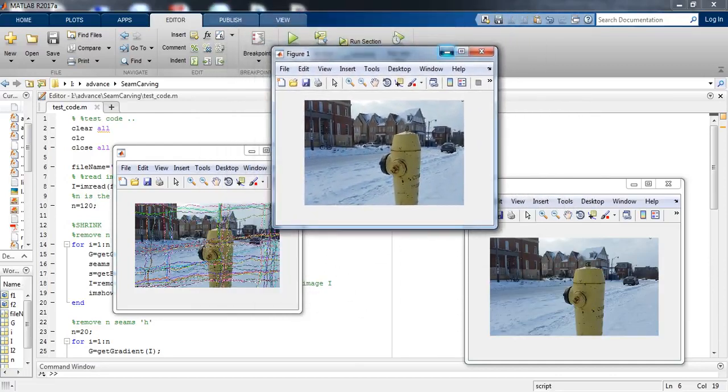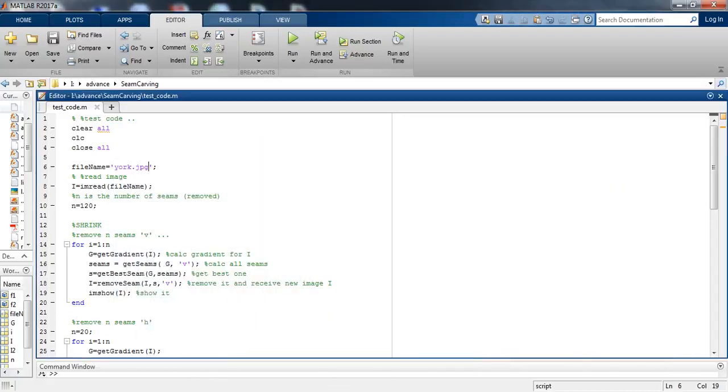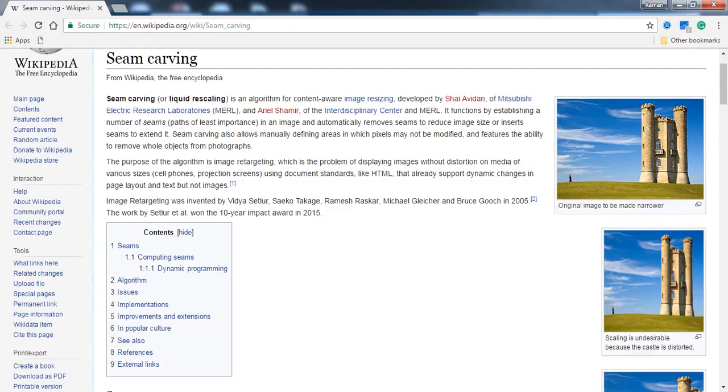Okay, now come to the coding part. It is seam carving for content aware image resizing. So let's first understand what seam carving is. Seam carving is an algorithm for content aware image resizing which was developed by Shai Avidan of Mitsubishi Electric Research Laboratories and Ariel Shamir of the Interdisciplinary Center and MERL.